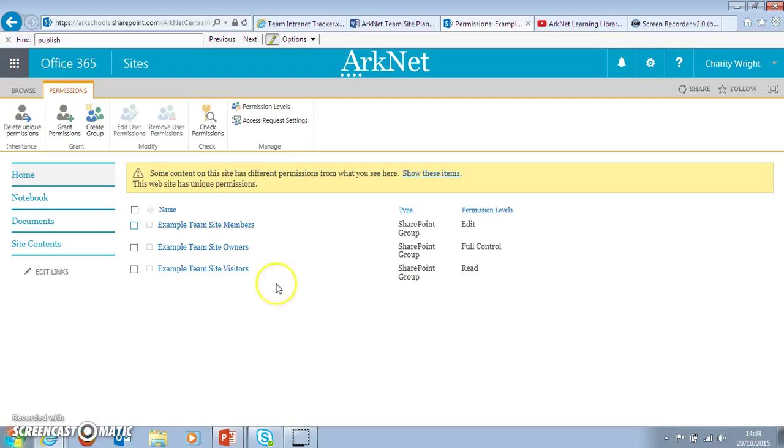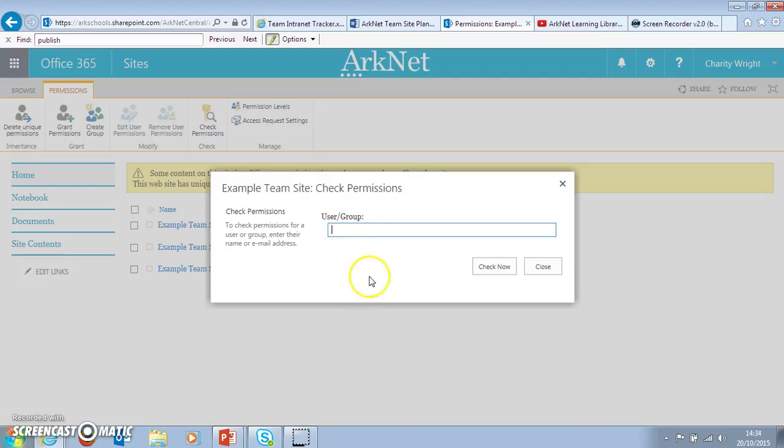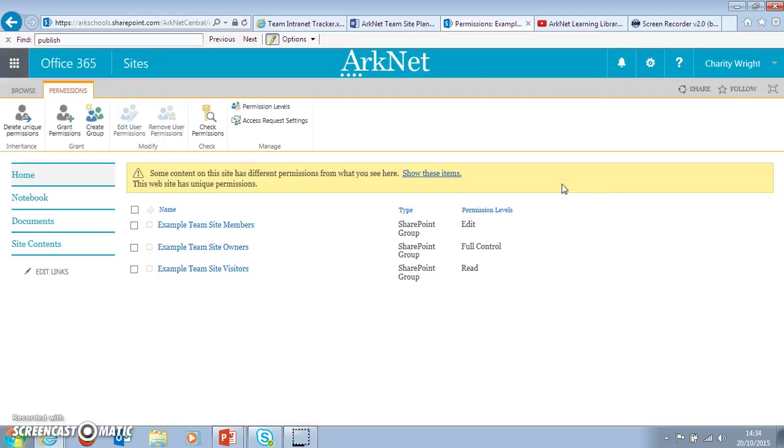And once you have a nice robust list of users and groups in your permissions page, you might want to use this Check Permissions button, which will allow you to look up a specific user or group and then edit their permissions as necessary. Now that I've shown you how you can manage your permissions from the back end of your site,